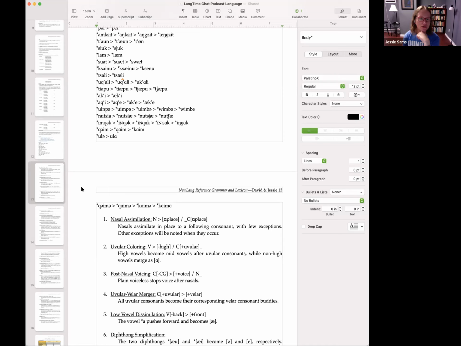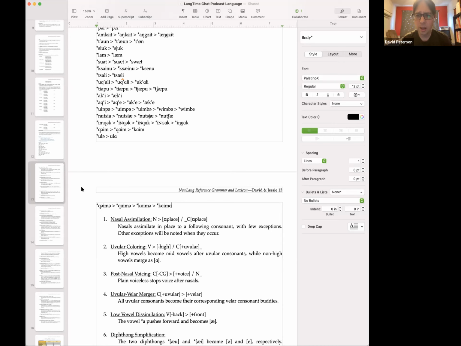Post-nasal voicing, though, also means that we're never going to have a coda that is a voiced nasal or a voiced stop, which is fine. But that does mean if we want voicing to affect it, it needs to be forward. But we could leave that, if I've just tacitly assumed in my head, without saying anything out loud and without writing anything in this document, that we were doing high-low.